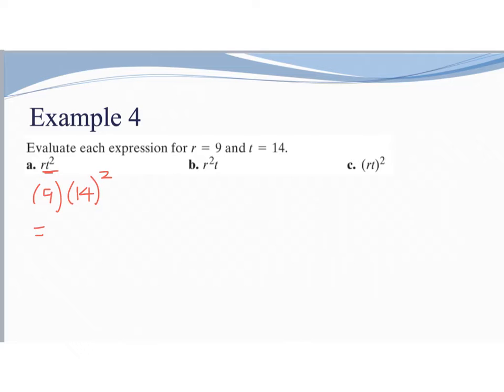I'm going to go through and do my order of operations first. So order of operations tells me I need to do my exponents. So I really have 9 times 14 squared, which is 196. So if I multiply 9 and 196, I get